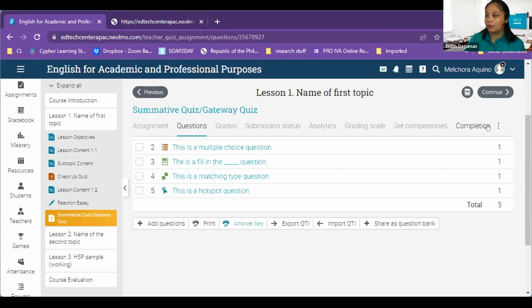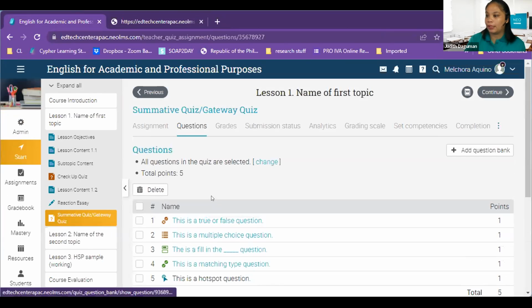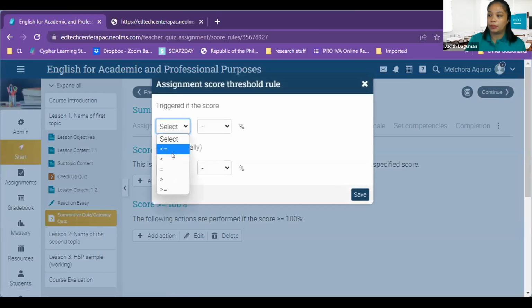The next one is for the quizzes. We have an improved score rules tab and score rules configuration. I'm going to stay in my quiz, the summative quiz or the gateway quiz, and then click on score rules. As you can see, I already have a rule here. I can add another one. So for example,